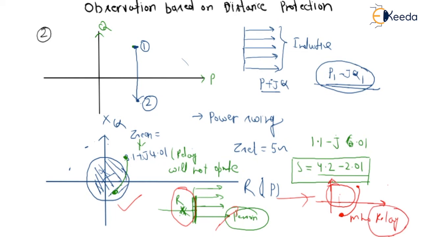And in case of large transmission lines, whenever you deal with a large transmission line, the power swing will be more, so to handle the power swing we use the Mho relay instead of the impedance relay. We also see that this Mho relay is directional in nature. Wherever the load occurs, and wherever a parallel line or ring mains is applied, at that point we will apply the Mho relay. So this is all about this observation of distance protection.